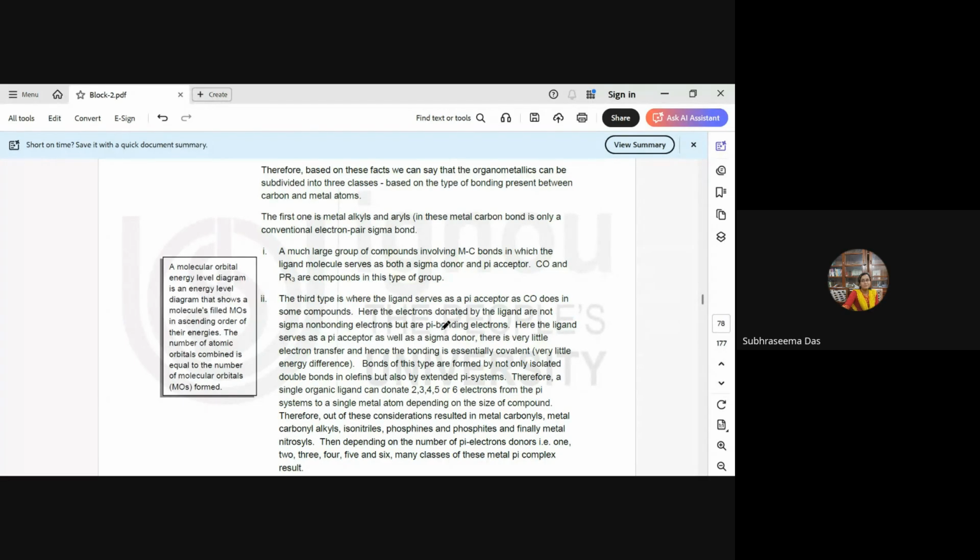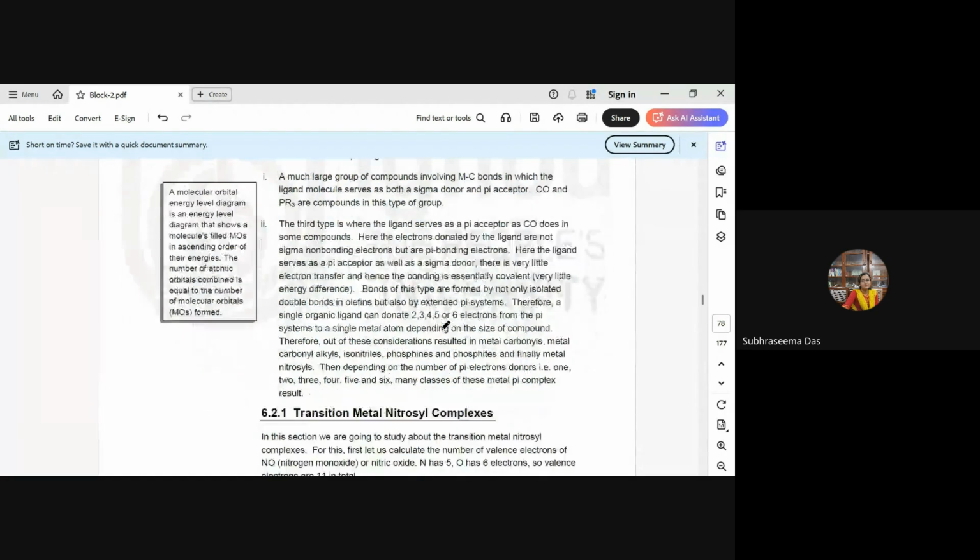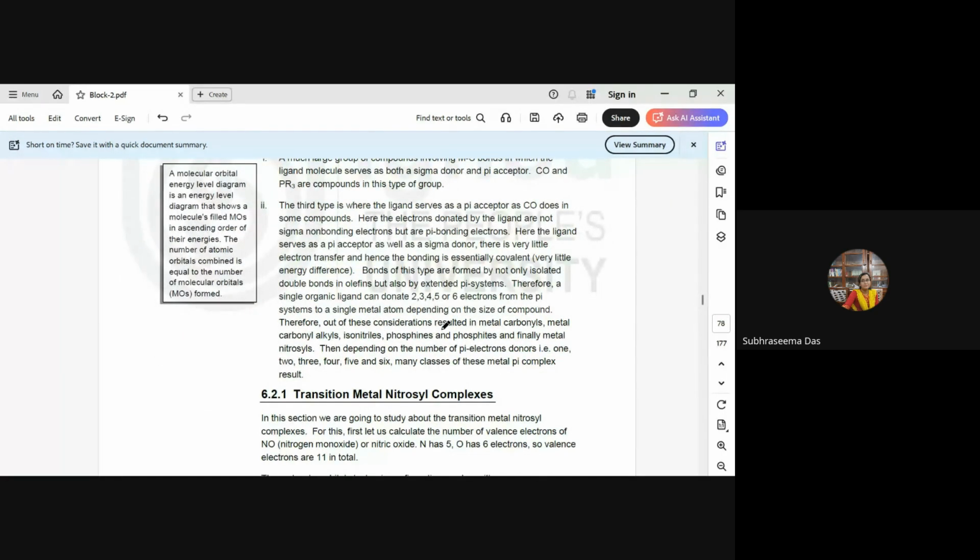So here the electrons are donated by the ligand. They are not sigma non-bonding but pi bonding electrons. So the ligand serves as the pi acceptor as well as the sigma donor. To talk about this, we will talk about